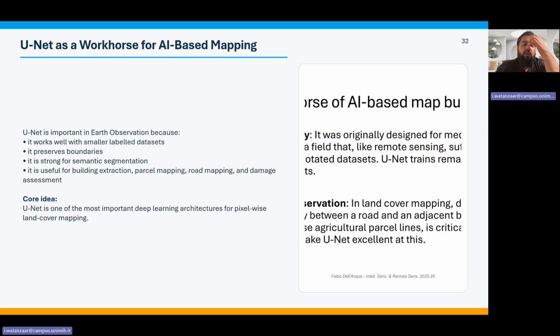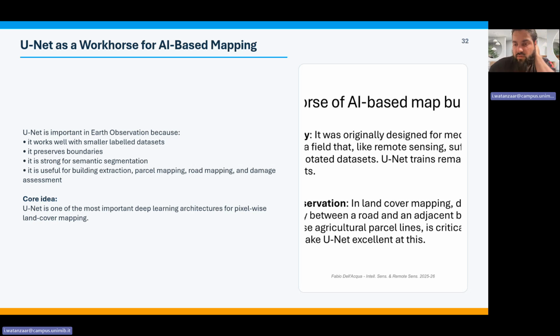U-Net as a workhorse for AI-based mapping. We discussed this is a really important AI concept for remote sensing, thematic, or AI-based mapping. U-Net is important in that observation because it works well with smaller data sets, preserves the boundaries, and is stronger for semantic segmentation. It is useful for building extraction, parcel mapping, road